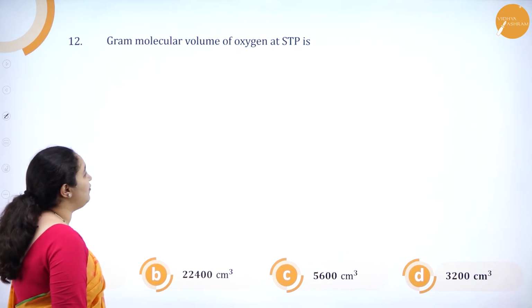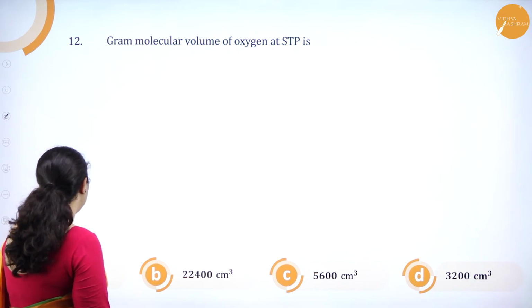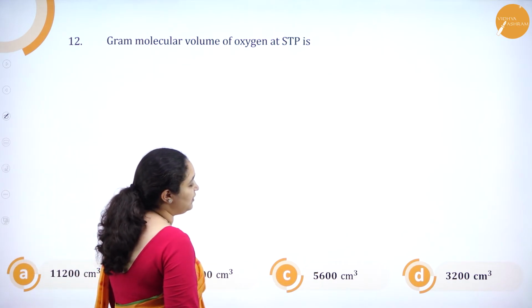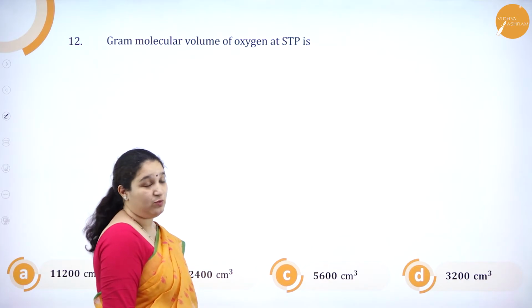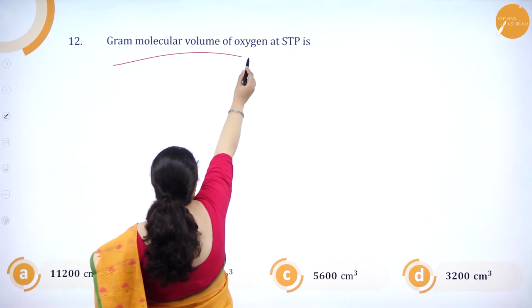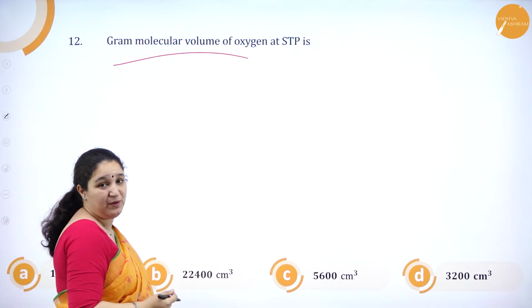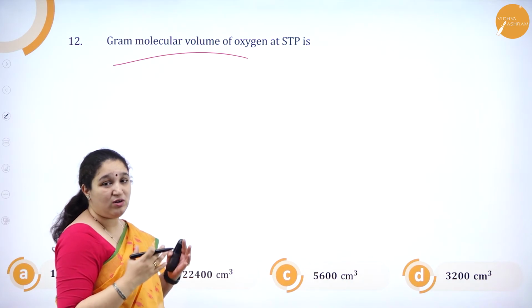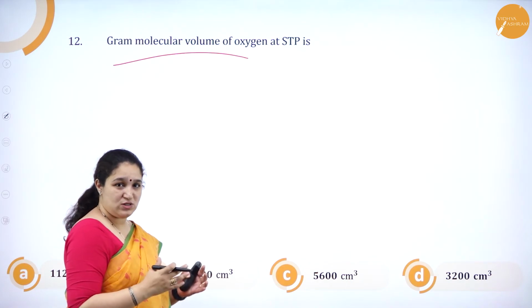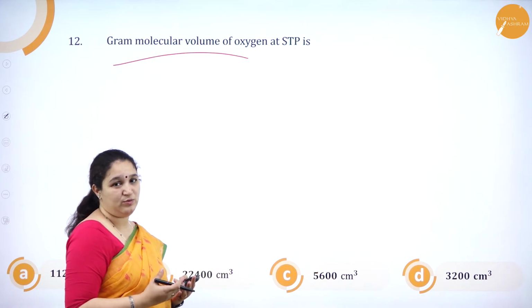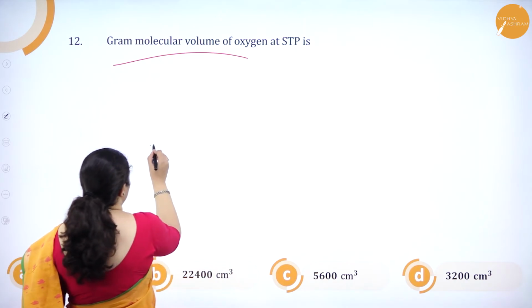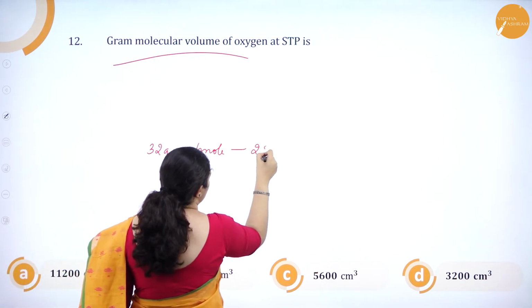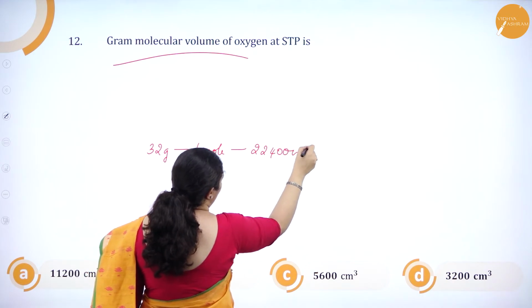Gram molecular volume of oxygen at STP is 11,200 cm cube, 22,400 cm cube, 5,600 cm cube, or 3,200 cm cube. They are asking the gram molecular volume of oxygen at STP, that is, what volume the gram molecular mass of oxygen will occupy. Gram molecular mass of oxygen is 32 grams, which is nothing but 1 mole, which occupies 22,400 cm cube at